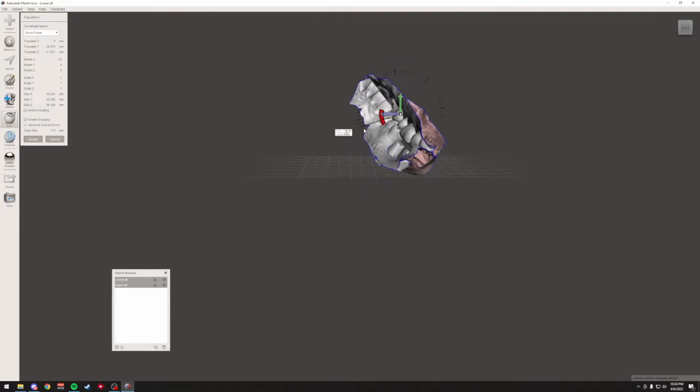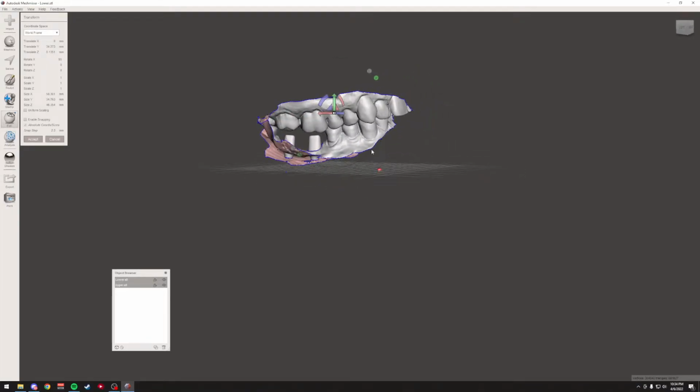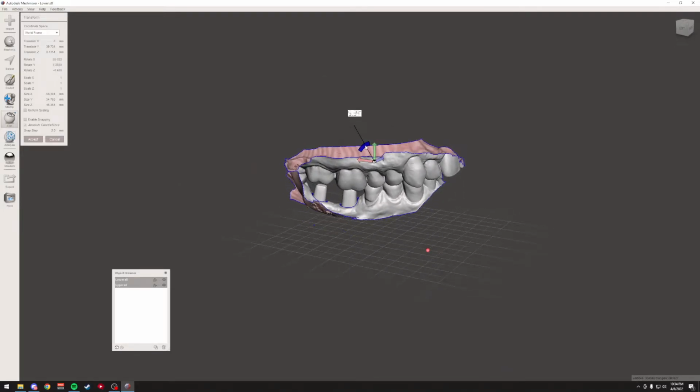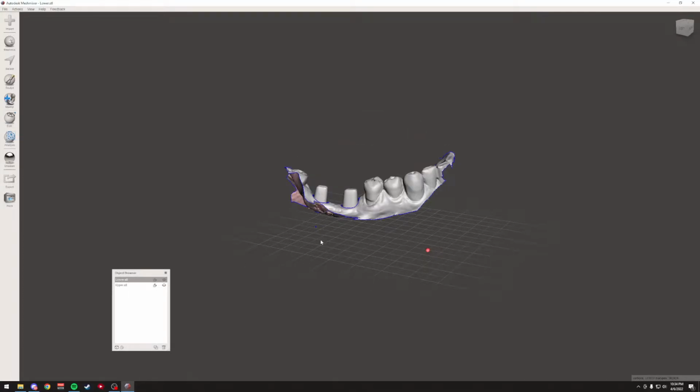So I'm going to move these up. We're going to turn these over. That way it's a little bit easier to work with. And because I'm moving both of these, and eventually I'm going to export this bottom model, you want to make sure that once you move them, you keep them together. But also, when you go to export them, you want to export them together and